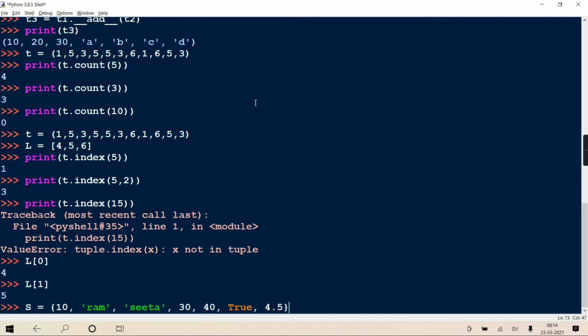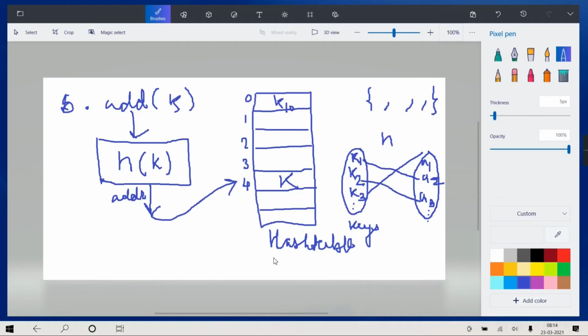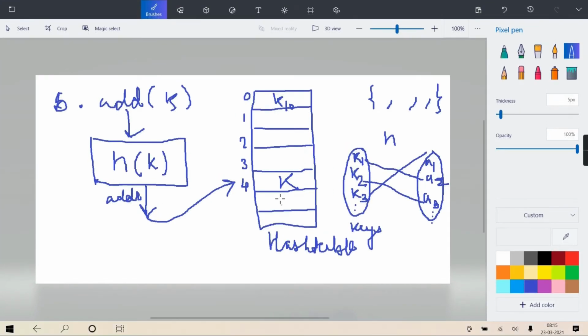But see, when I have given this order, the 10 will first go to the hash function. The hash function will generate one bucket number for this 10, that is the hash address, and at that place 10 is getting stored. Are you understanding? So chances are 10 is getting stored somewhere here. Ram is getting stored somewhere at the first place. Sita may get stored somewhere down. So it depends on how the mapping is done.